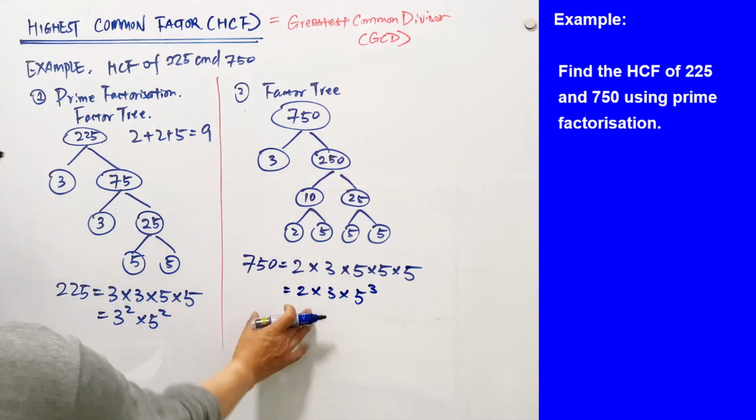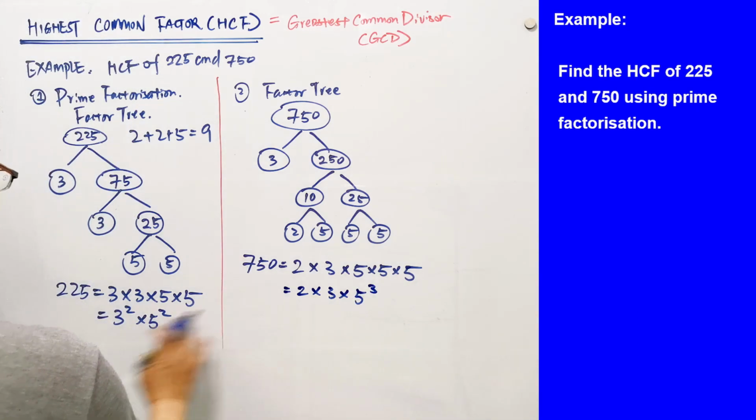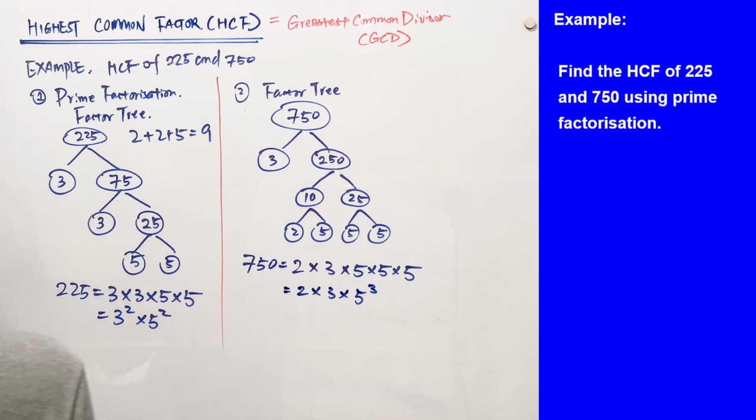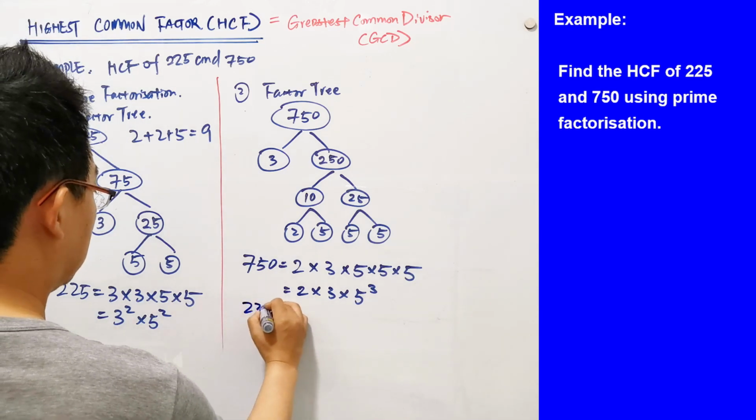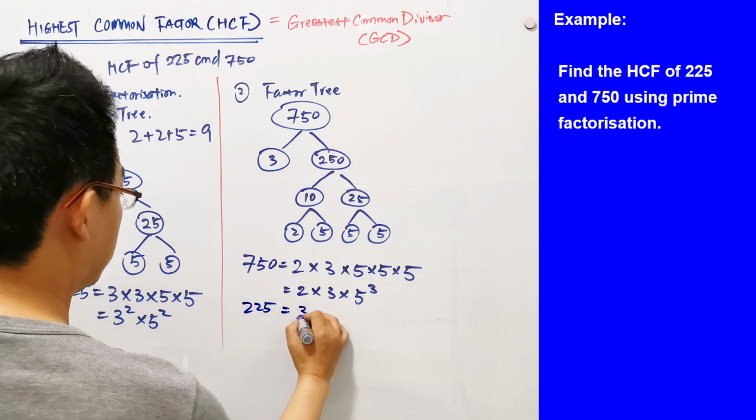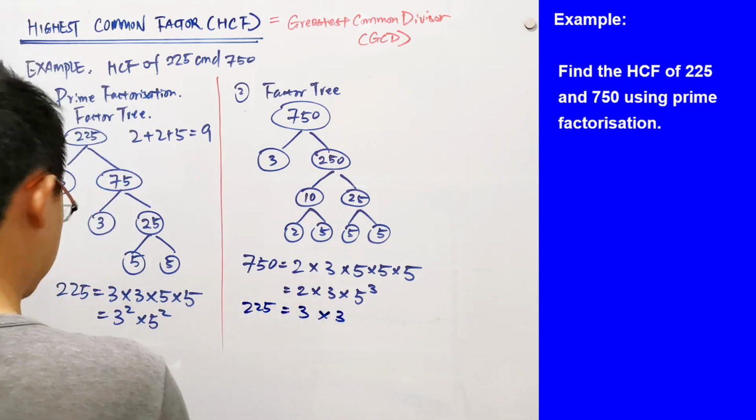Let's compare these two. Let's put them together to visualize how we can compare these things. So maybe we can put them together. 225 equals 3 times 3